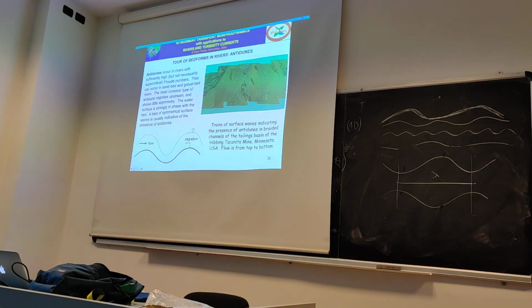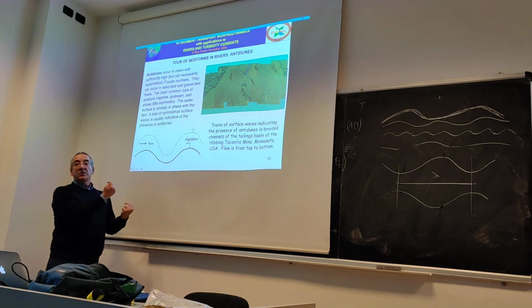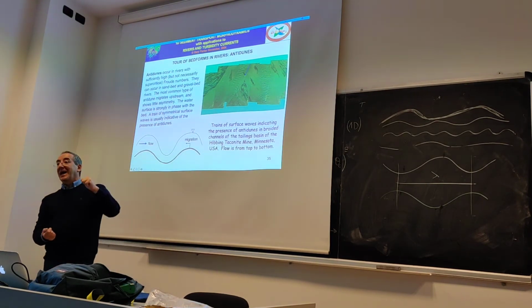Then if you increase it a little farther, you move to the supercritical regime, and you will have a different bed form, which is called anti-dunes, characterized by the fact that it migrates typically upstream,